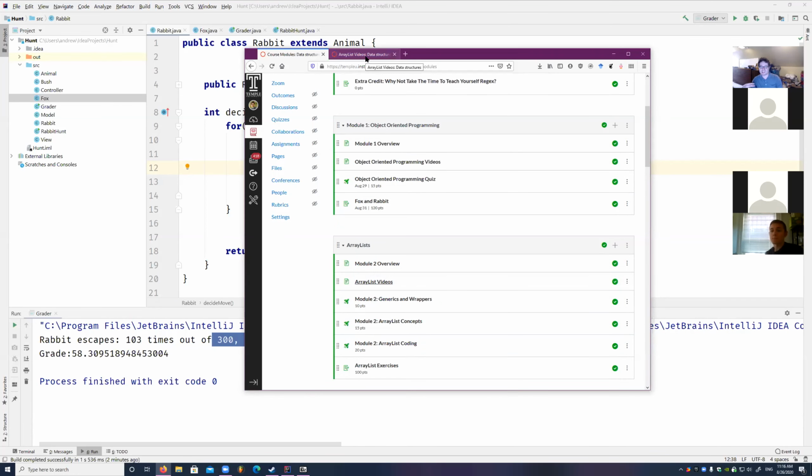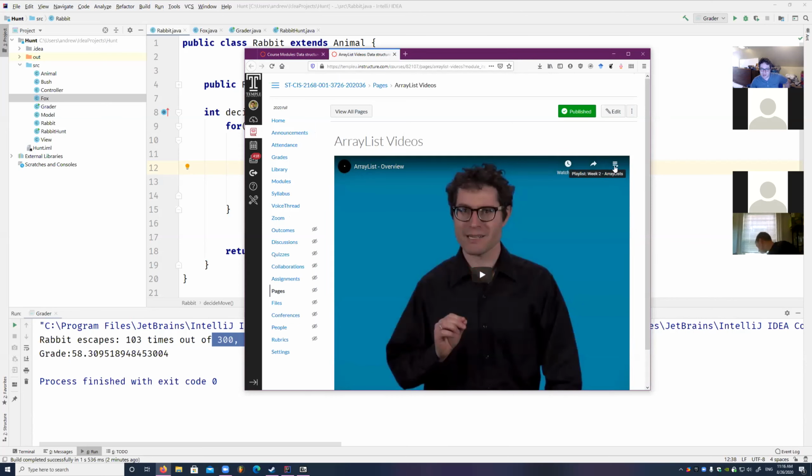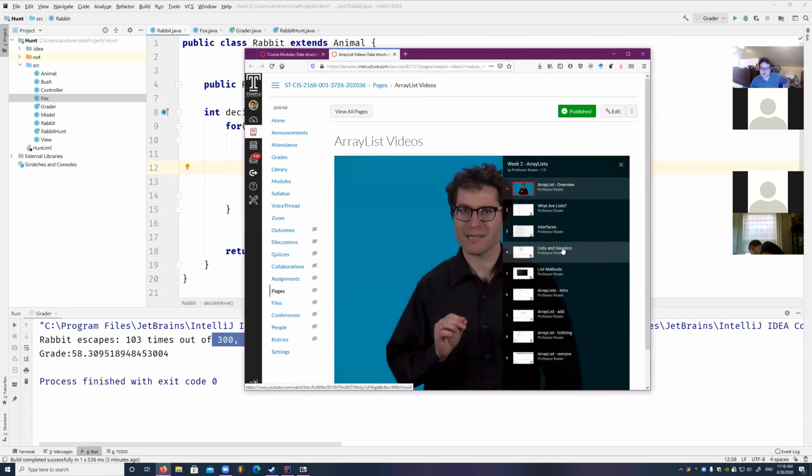But he was teaching them in a different manner. So what we're going to learn with ArrayLists, as we can see with our playlist, is that first I'm going to go over the idea of lists and interfaces if you haven't. And then we're going to learn about generics, which is creating ArrayLists of a specific type. In other words, it's a way of using Java to restrict ArrayLists to only using a certain type. So ArrayLists of integers, or ArrayLists of strings, or lists of